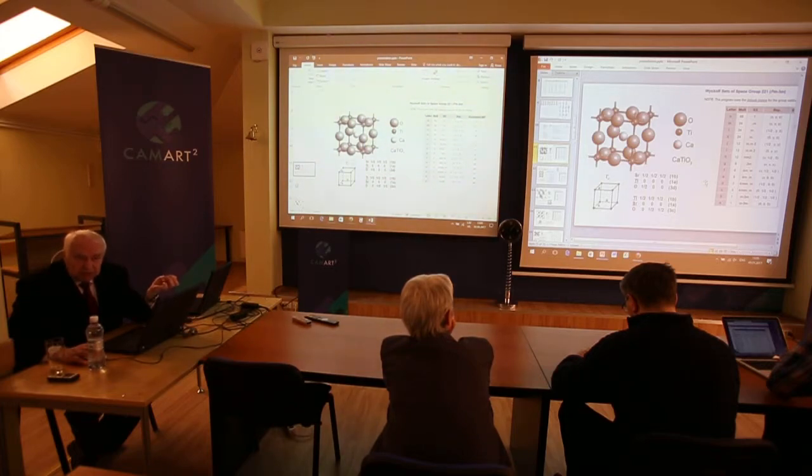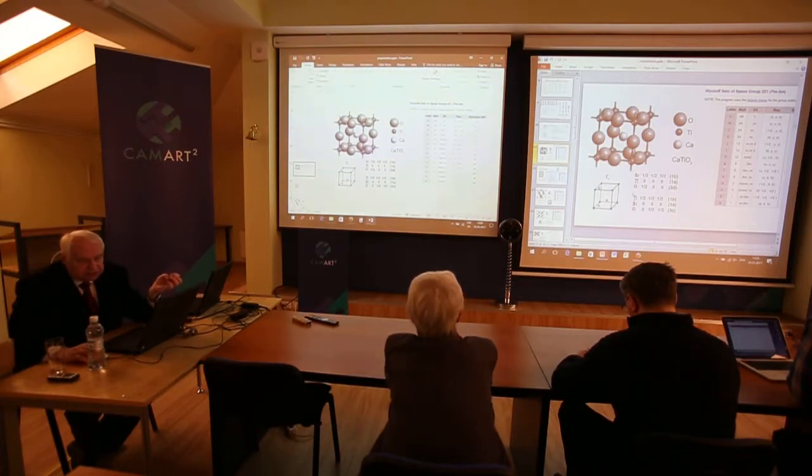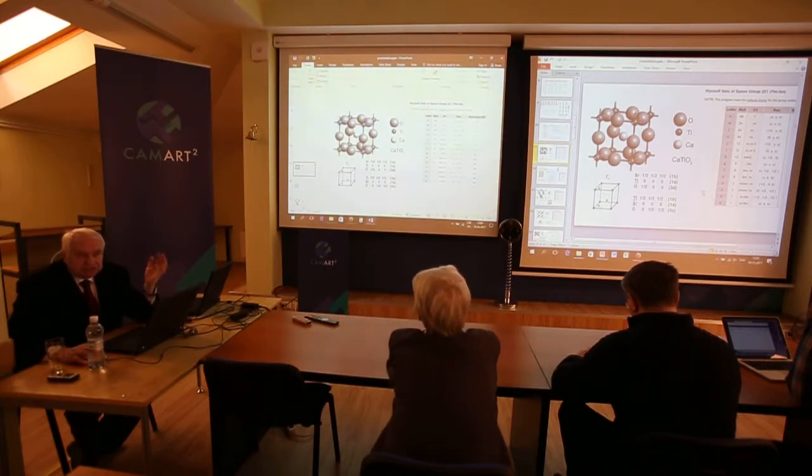Lattice parameters and atomic parameters. Lattice parameters depend on the type of lattice. Yesterday I told that a cubic lattice has 1 parameter, a tetragonal lattice has 2 parameters, an orthorhombic lattice has 3 parameters, a monoclinic lattice has 4 parameters, a triclinic lattice has 6 parameters, a hexagonal lattice has 2 parameters,